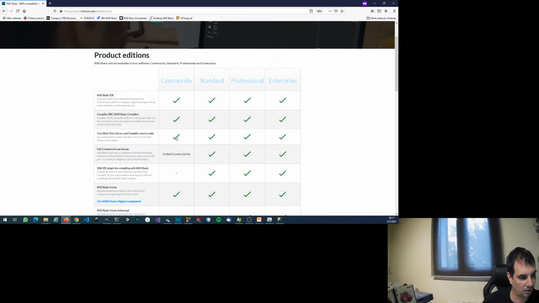It is all for compatibility. If you don't use explicit variables in your code, you will compile your project in RAD Basic without modifications. So for compatibility issues, yes, it deals with implicit variables. Okay.